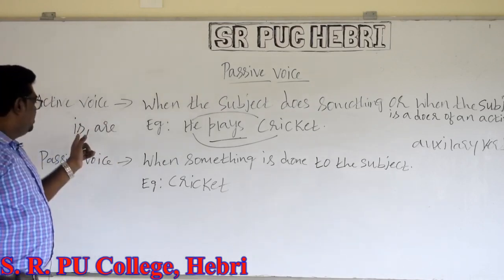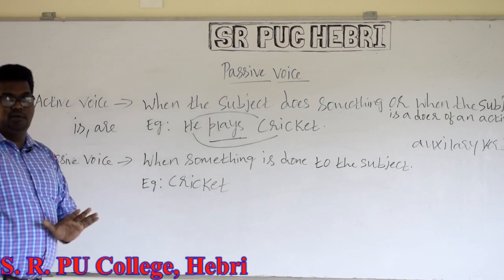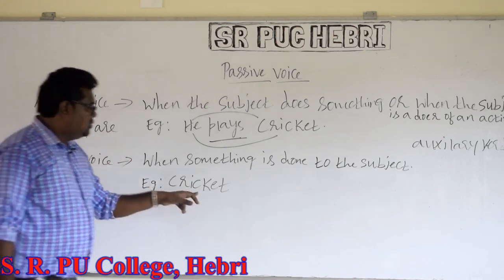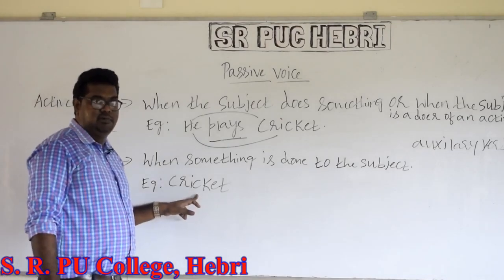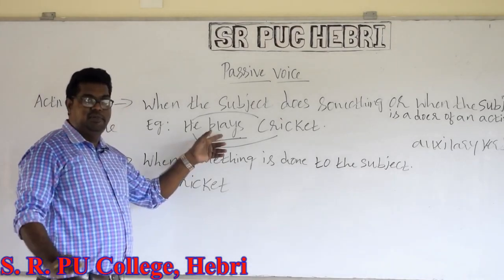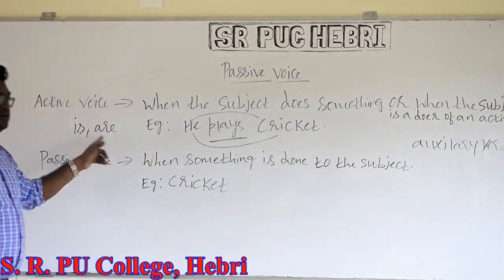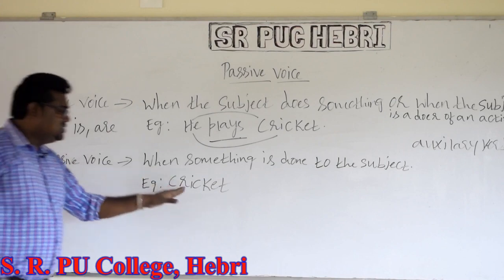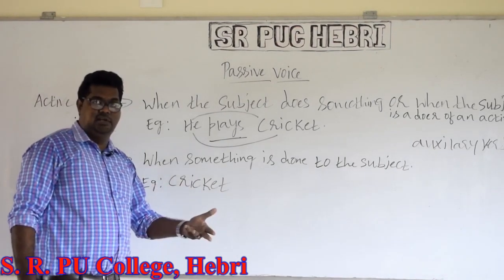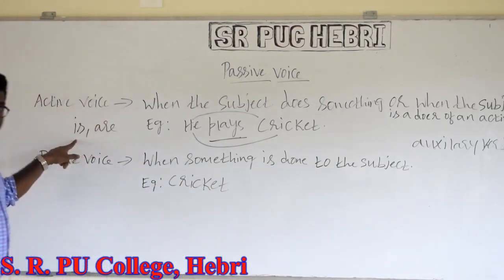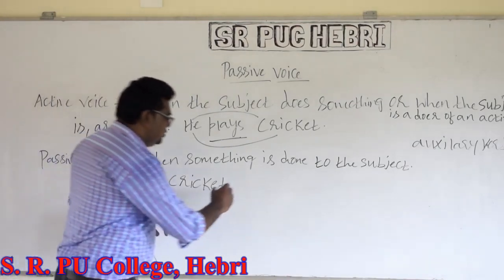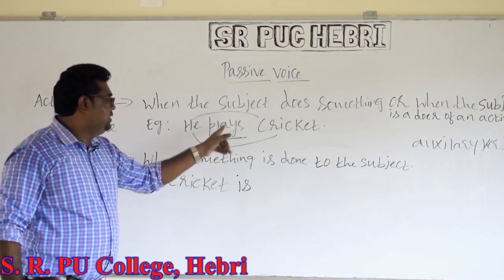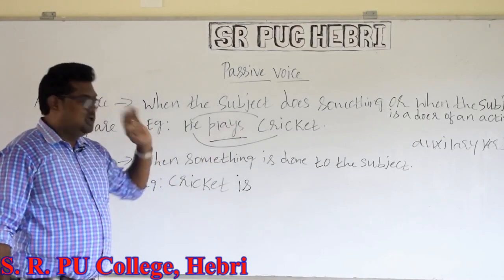We can use auxiliary is when the subject is singular, and we can use auxiliary are when the subject is plural. Now, cricket is the subject. So which is the auxiliary in simple present tense? We have 2 options, is or are. Is for singular subject and are for plural subject. Since cricket is a singular subject, the auxiliary available is is. So the second rule is applying the suitable auxiliary verb based on the tense of the main verb.